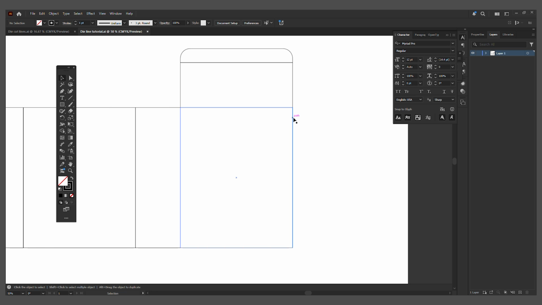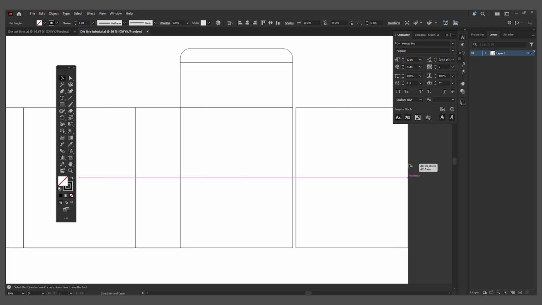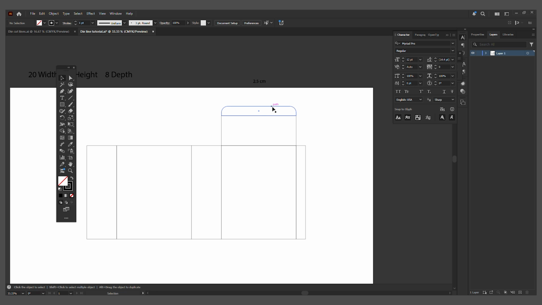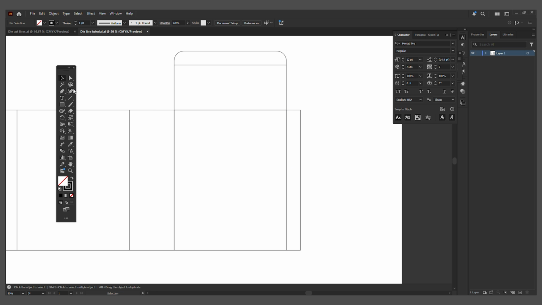Now we're gonna create a shape over here to stick the box. So I'm gonna again duplicate this, and again go to the transform panel, and this time we're gonna reduce the width. So we're gonna choose the reference point to the left, and go here on the width, and we're gonna type 2.5. The 2.5 which we are using over here, similar way we're gonna use it over here. Now what we're gonna do is we're gonna go to the direct selection tool, and we're gonna choose this. Now we're gonna hold shift, and we're gonna click the below arrow